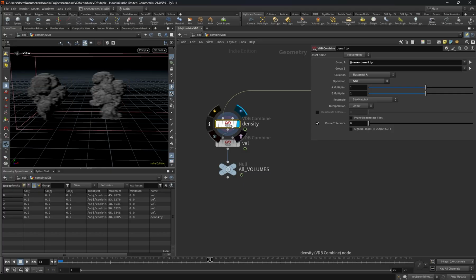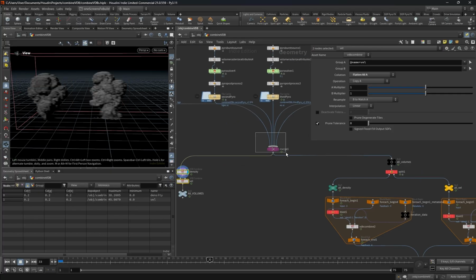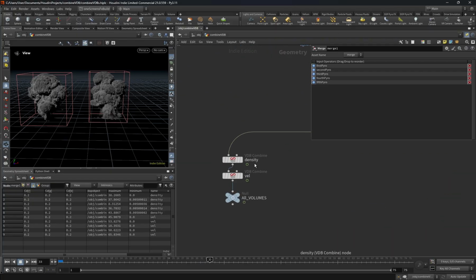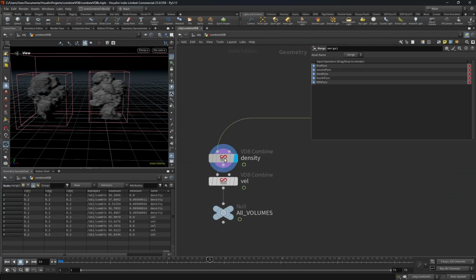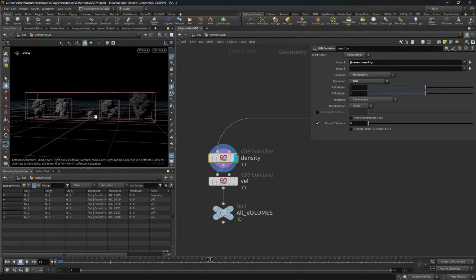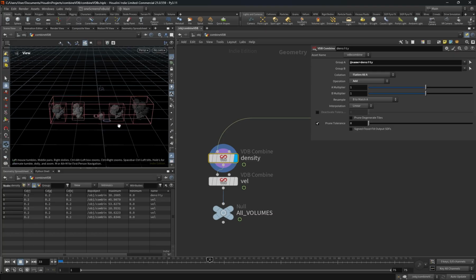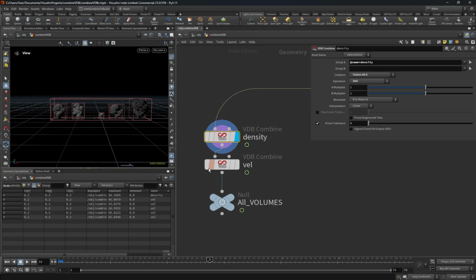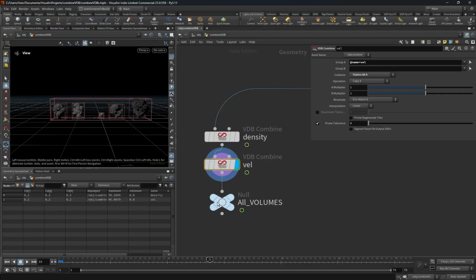And what it will do is, if you see the geometry spreadsheet now, here all the densities and velocities, like you have 5 different types of densities and 5 different types of velocities, and as soon as you did VDB Combine, all the densities merged together. Even if you can see the bounding box on the viewport,